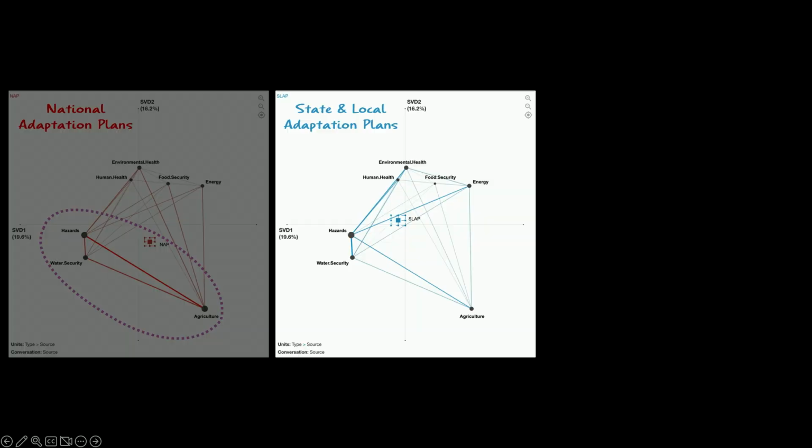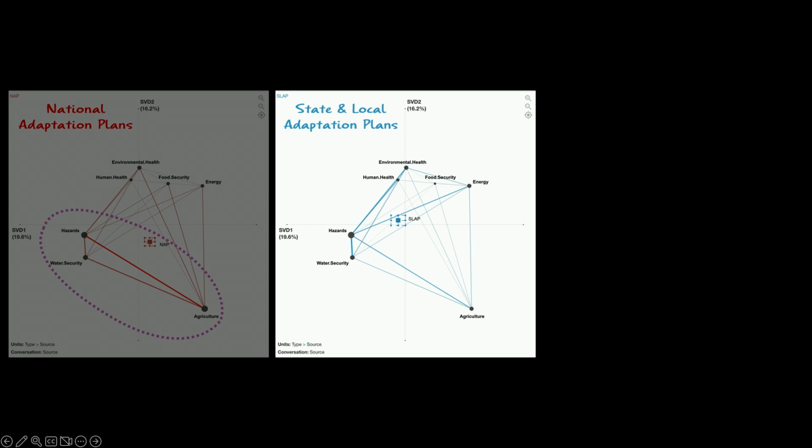This is probably going to be one of the more direct impacts outside of things like fires or sort of direct sensible heat. Some of the most direct impacts are going to be to agriculture. And so that's probably very central for a lot of sort of national planning groups. If we look at state and local plans, however, we actually see a little bit different pattern.